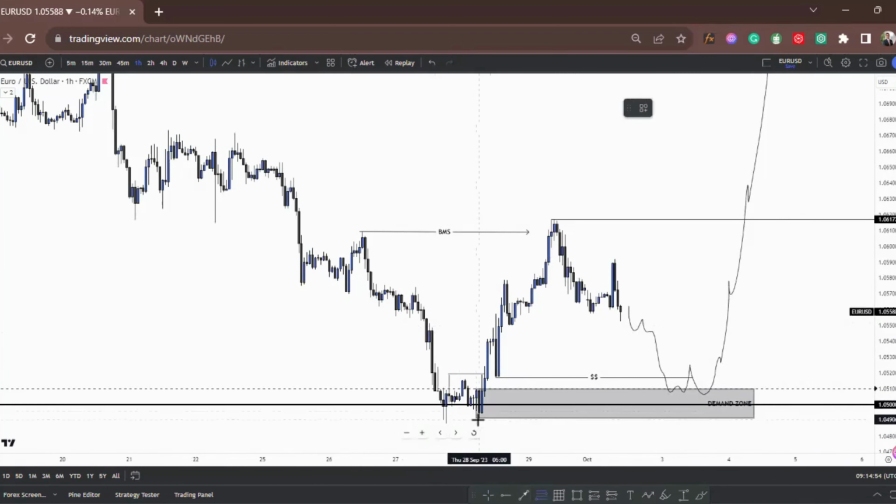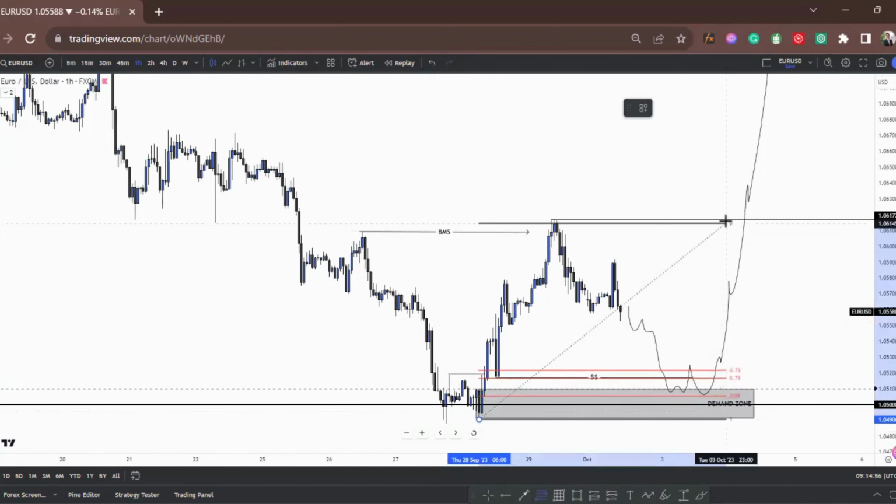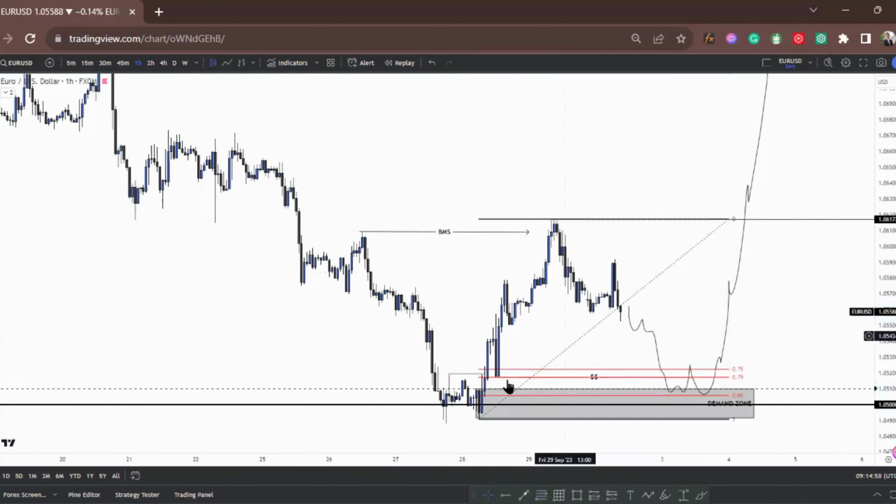Now, this one, if you use the FIB to map from the low to the high, you can also see that yes, the 0.88 level is in line with this demand zone that we have down here. So once again, as I said, I would love to see them come into this area before we decide to look for buys. Otherwise, unless price decides to give us different